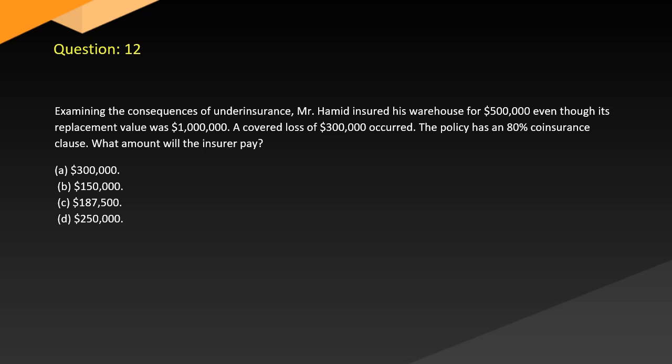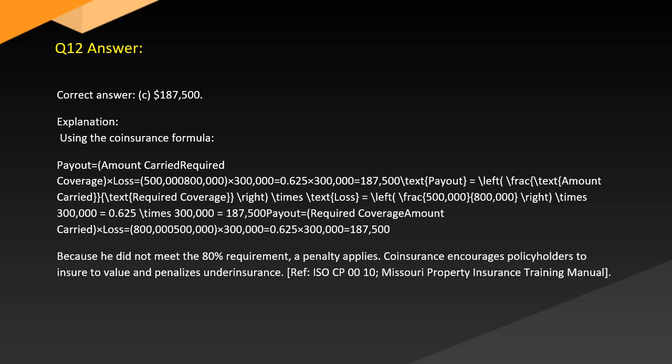$187,500. D. $250,000. Answer. Correct answer C. $187,500. Explanation. Using the coinsurance formula, payout equals amount carried over required coverage, times loss. 500,000 over 800,000 times X equals 0.625 times X equals